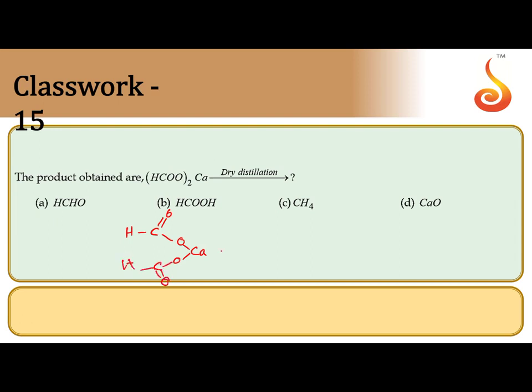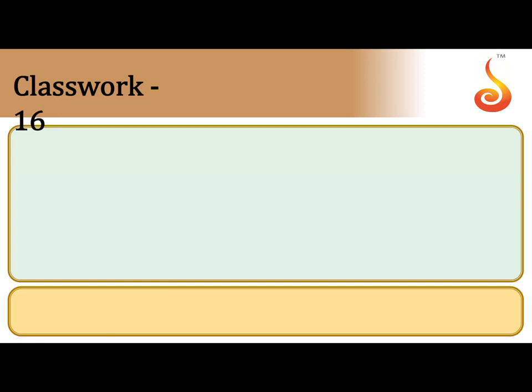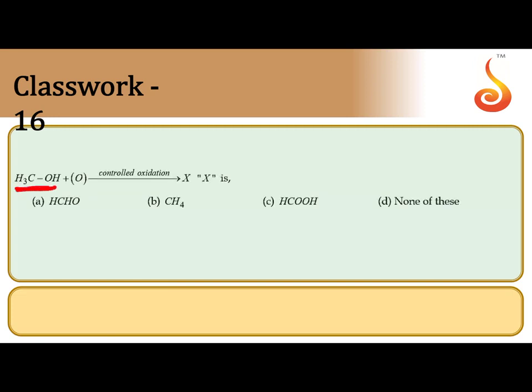This is calcium formate. On heating, dry distillation, HCO combines with another H. HCHO plus the other products are CaO and CO2, that is CaCO3, and formaldehyde. The product obtained is nothing but formaldehyde. Methyl alcohol, methanol, on controlled oxidation gives...